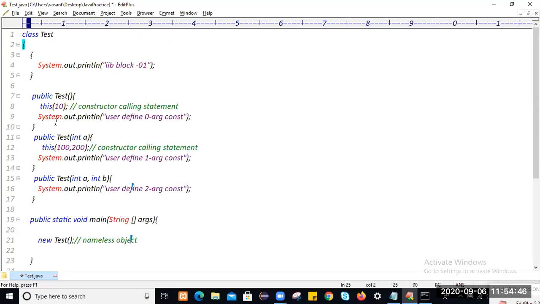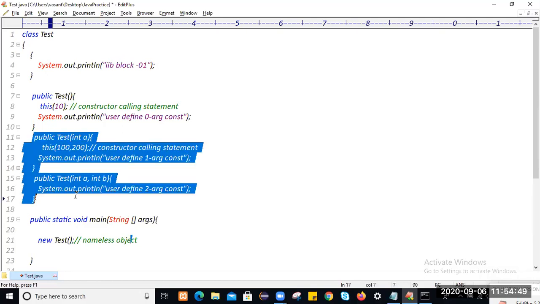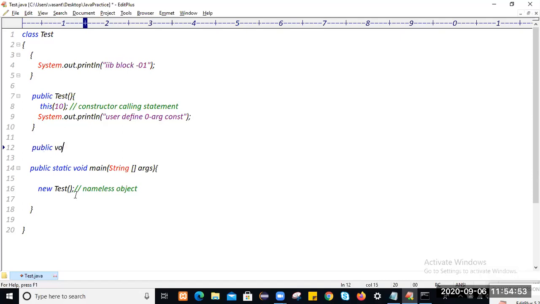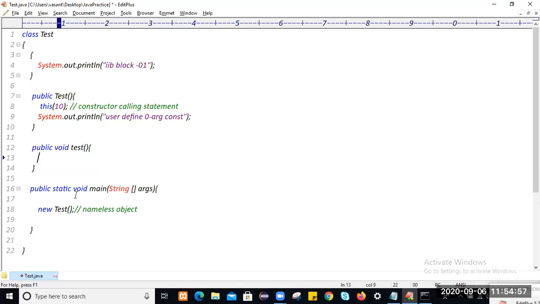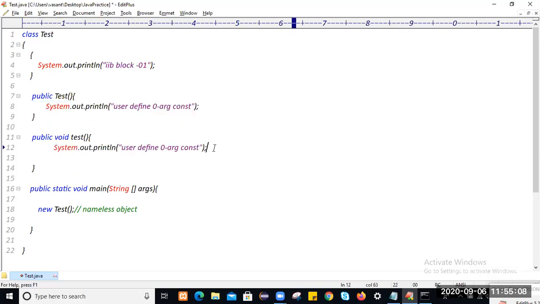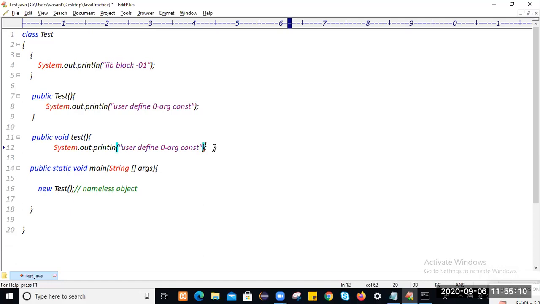Now you just tell me what is the execution. What will be executed? So the output you should tell me. Okay, I will write something here and say this is my test method, but this method is an instance, not static.